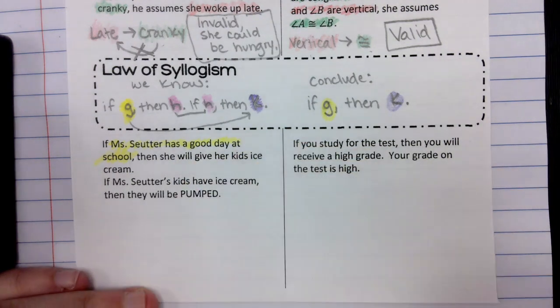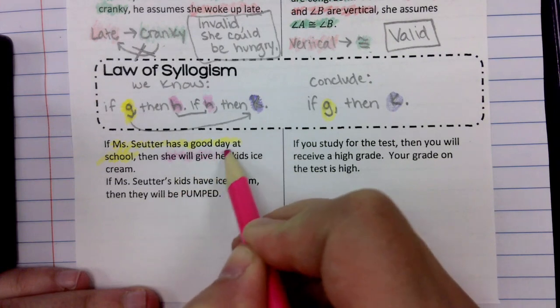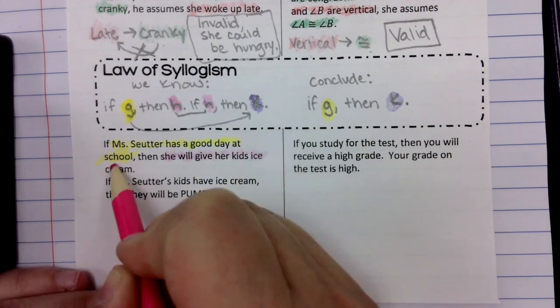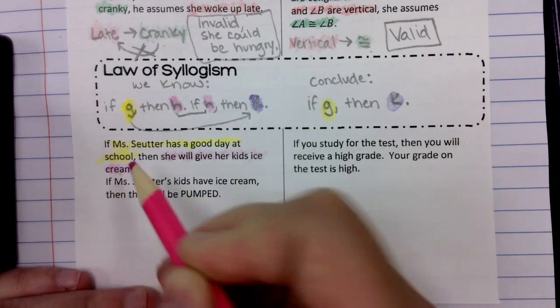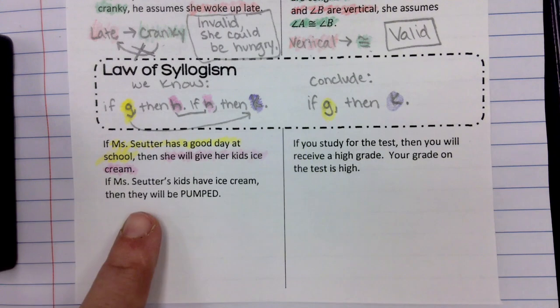Conclusion, can I write a new conditional? If Miss Sawyer has a good day at school, then eventually the kids will be pumped. They love it when Miss Sawyer has a good day at school, because then they get ice cream. But we aren't going to write that ice cream part. So we're going to write, if Miss Sawyer has a good day at school,